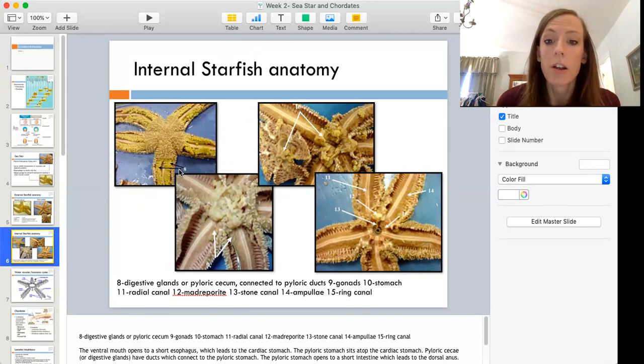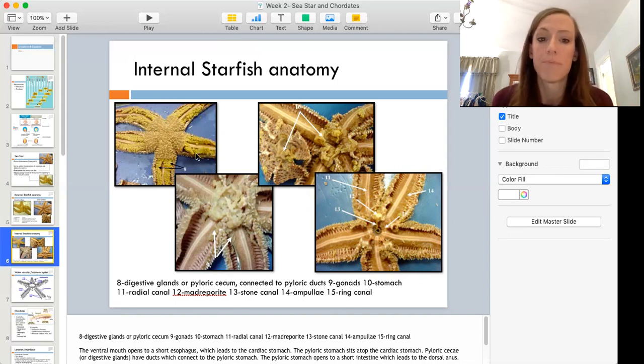They are taking up the largest amount of room in the arms. They often extend pretty much all the way down to the tip. Like I said, there's one on each side, so there's a lot of mass taken up by the digestive glands. And then if you were to remove those, you would see that there were gonads underneath,